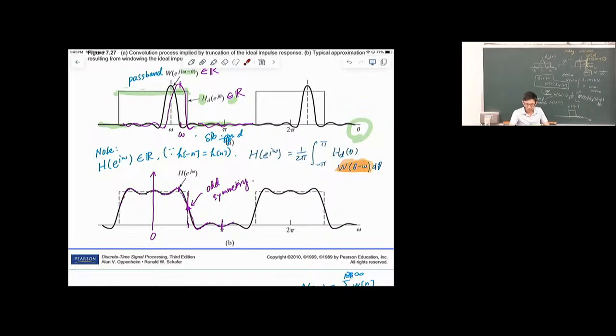But anyway, last time I was trying to move this part. This part is the Fourier transform of the rectangular window. The Fourier transform of our window will have a main lobe together with a series of side lobes on each side. So we can imagine that when we move this